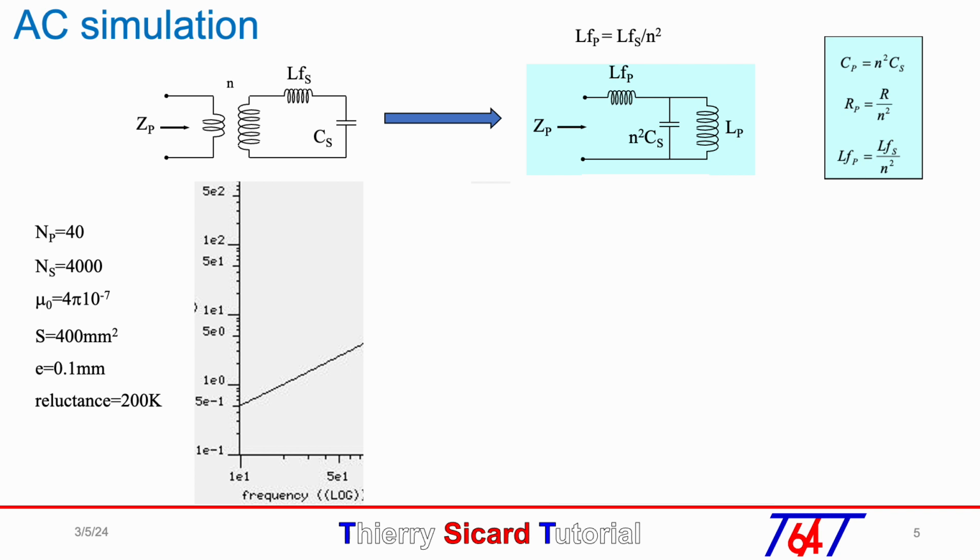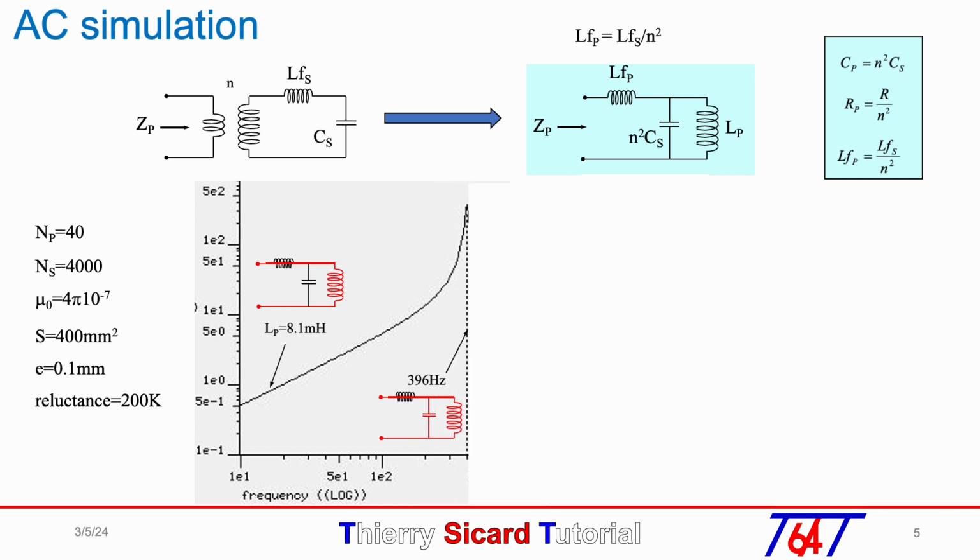At low frequency, the impedance is a primary inductance Lp of 8.1 millihenry. Lf over N square and N square Cs are negligible. When the frequency reaches 396 Hz, Lp and N square Cs do a parallel resonance to get the higher impedance around 500 ohms. Over the